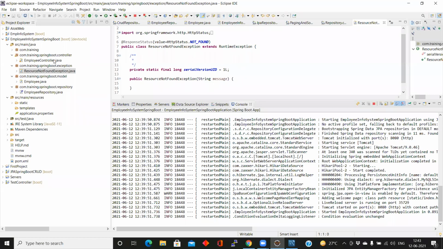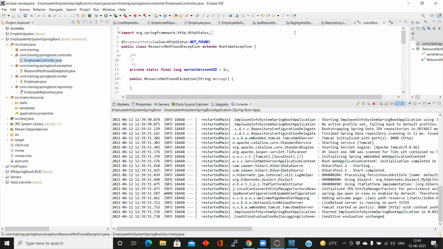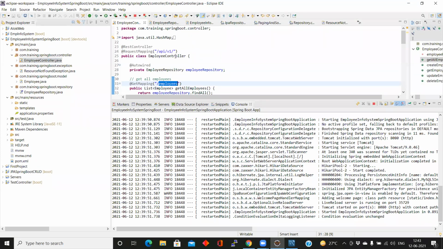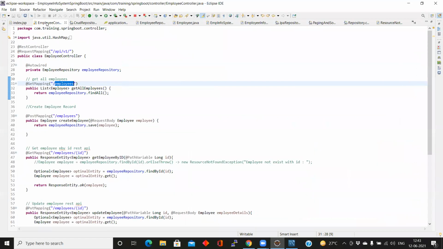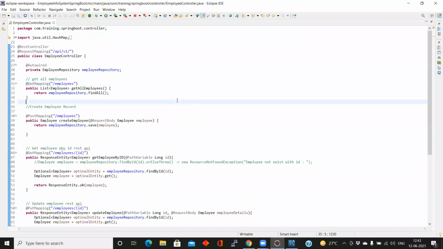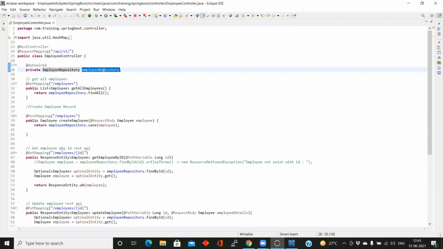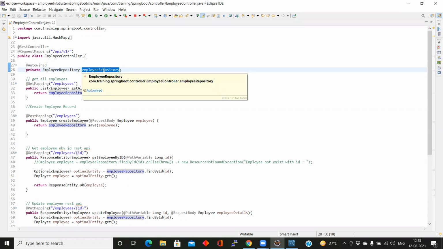For the timing, now our final thing is the controller. We are writing the controller. This is our controller. We can close everything else. First we are fetching all the employee values from the DB. In the employee controller, we are writing the employee repository here, and auto wiring is happening. What is autowire? It is creating the object of the employee repository in the background. You are not creating the object by yourself. Who is creating the object here?